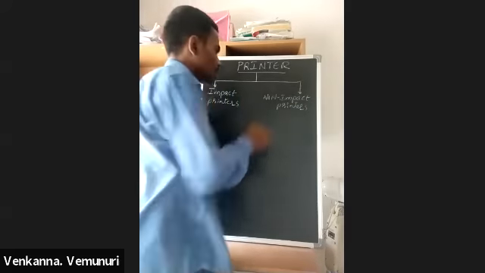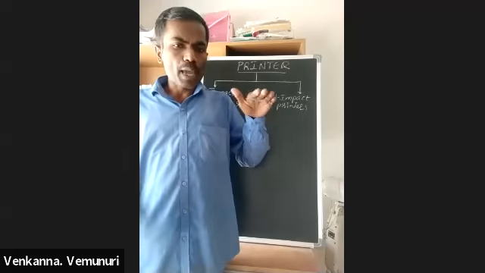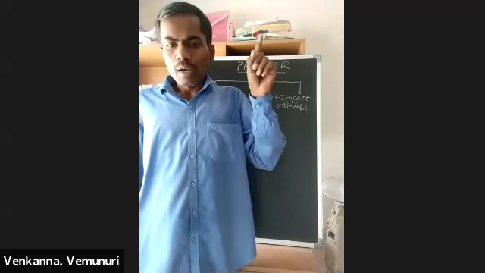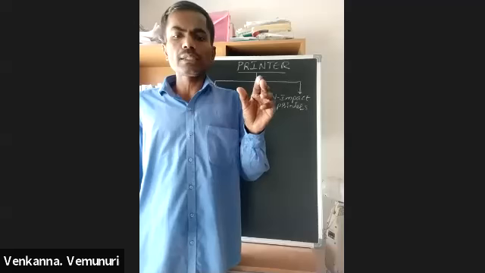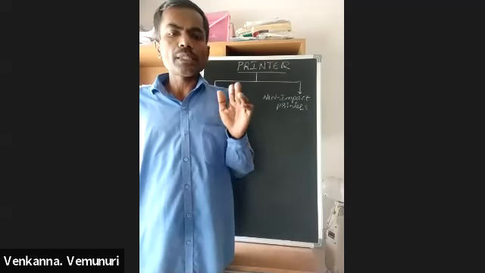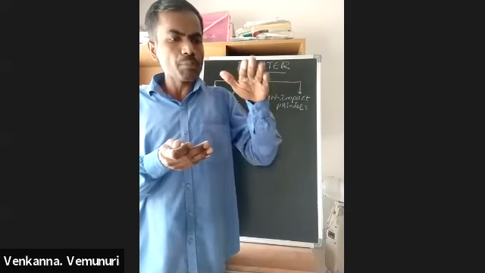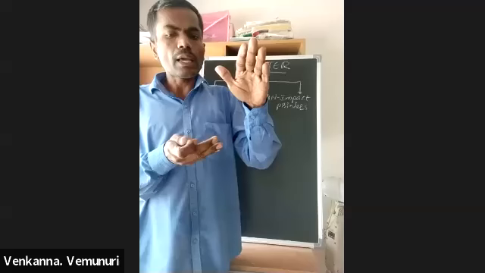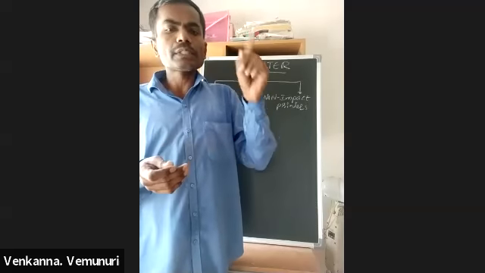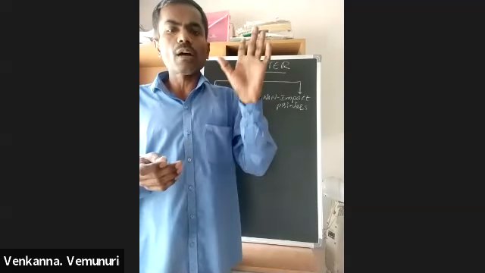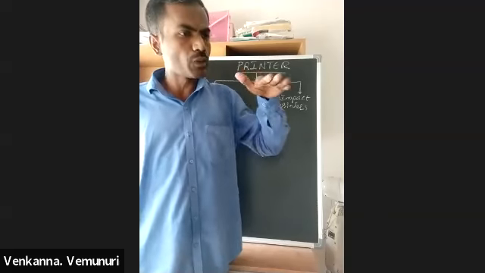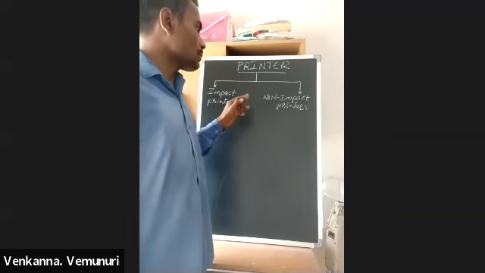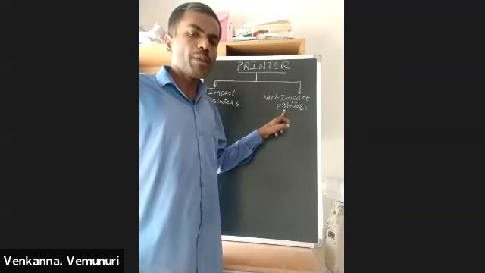Non-impact printers means paper is moving between rollers, and at that time text or pictures, means images, are formed on paper. Paper is freely moving on rollers, and no physical component strikes the paper. Only paper is moving between rollers, and text is formed on paper. That type of mechanism printer is called a non-impact printer.